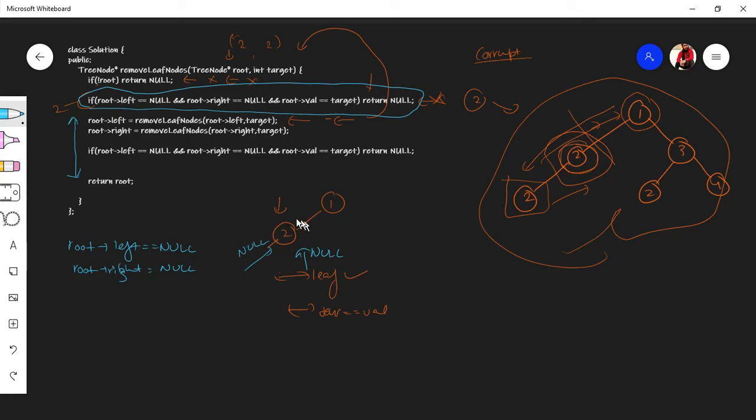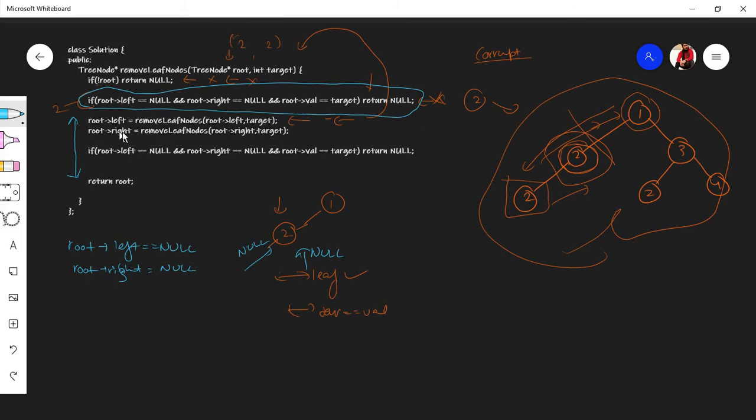अभी हम वापस इस टू पे आ चुके हैं, हमने लेफ्ट चला लिया, राइट चला लिया, ये भी चल चुका है। मैं इस वाले टू के लिए बात कर रहा हूँ, अभी वन के लिए अभी हम यहीं पे हैं। ये चीज गौर करने वाली है कि अभी हम वन के लिए इसी रूट लेफ्ट पे ही हैं, अभी लेफ्ट में ही ट्रैवर्स हो रहा है।